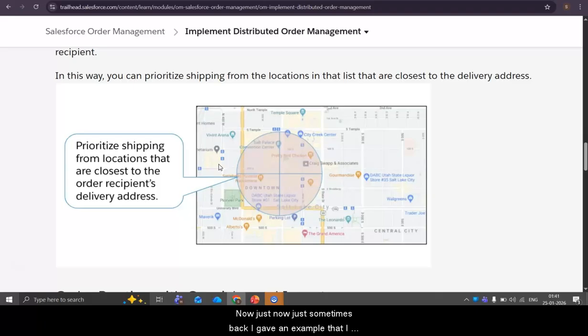Sometime back, I gave an example that I have ordered one product from the Bangalore location, and the inventory is available in Bangalore, Chennai, Mumbai, and Delhi. So now this order should get assigned to the Bangalore location, because that is near to the customer shipping address, right?